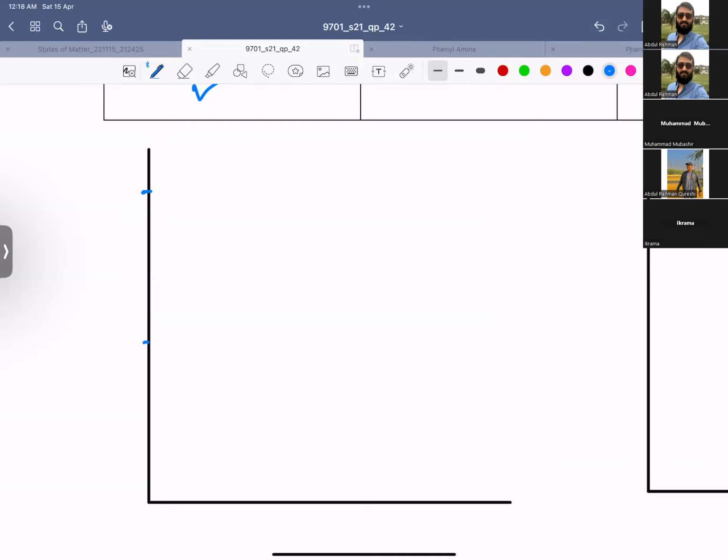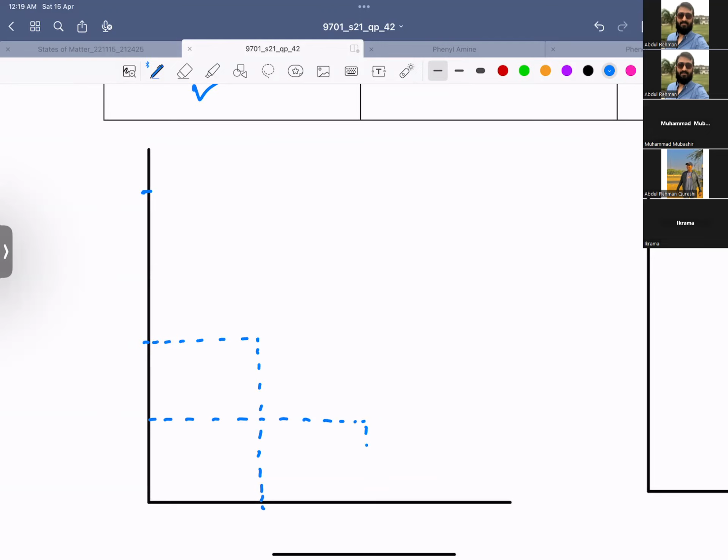If I mark this, isn't it the half of the initial concentration almost? Yes. So this is my first half-life, okay? Then what I would do, I would take the half of this one